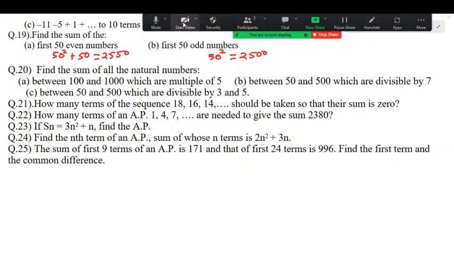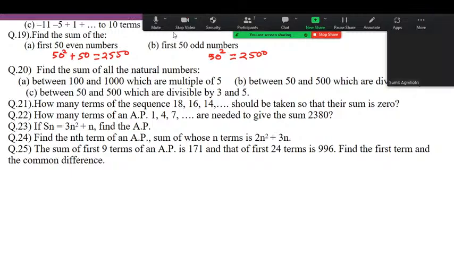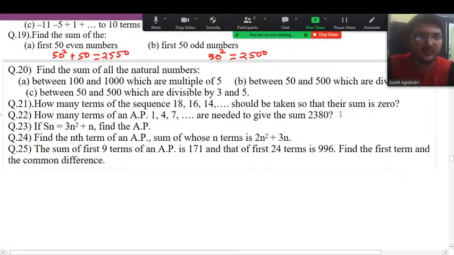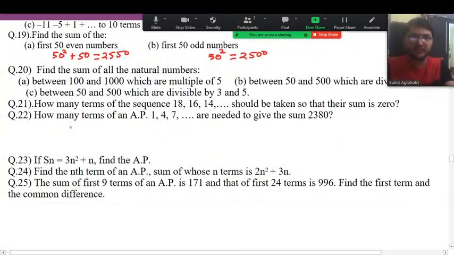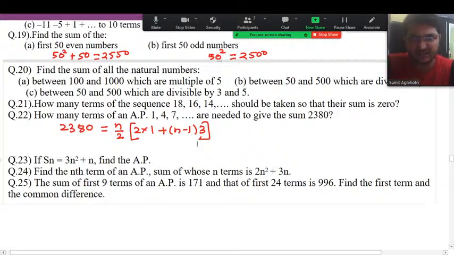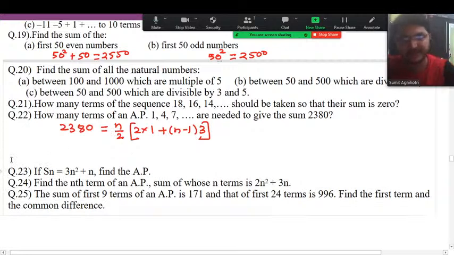Have you got the answer? You are solving question number 22, isn't it? You must have applied the approach of Sn, that is 2380 is your Sn, and n by 2. You don't know the value of n, you actually need to figure it out. Twice of a, that is twice of 1, plus n minus 1 times d, and d is right now 4 minus 1, that is 3. You need to frame the quadratic equation and then find out n,